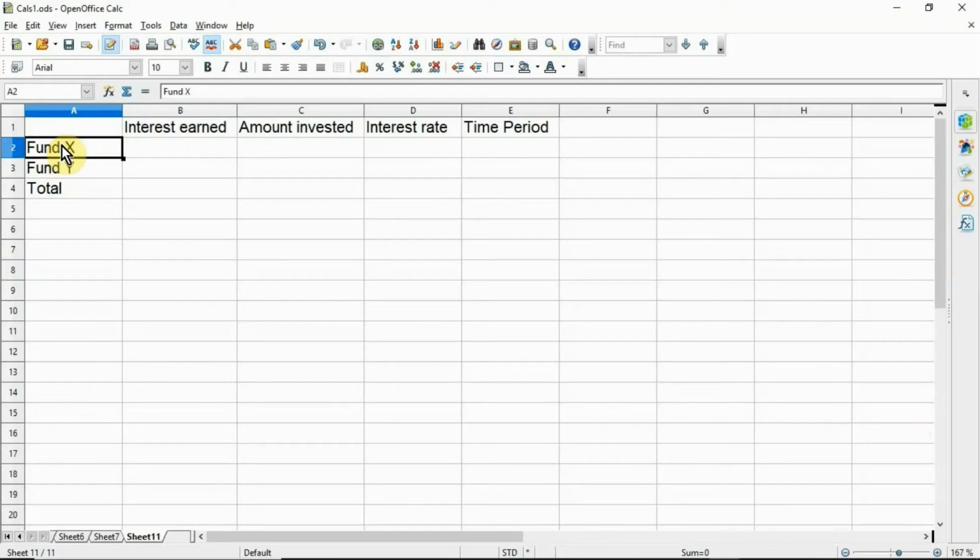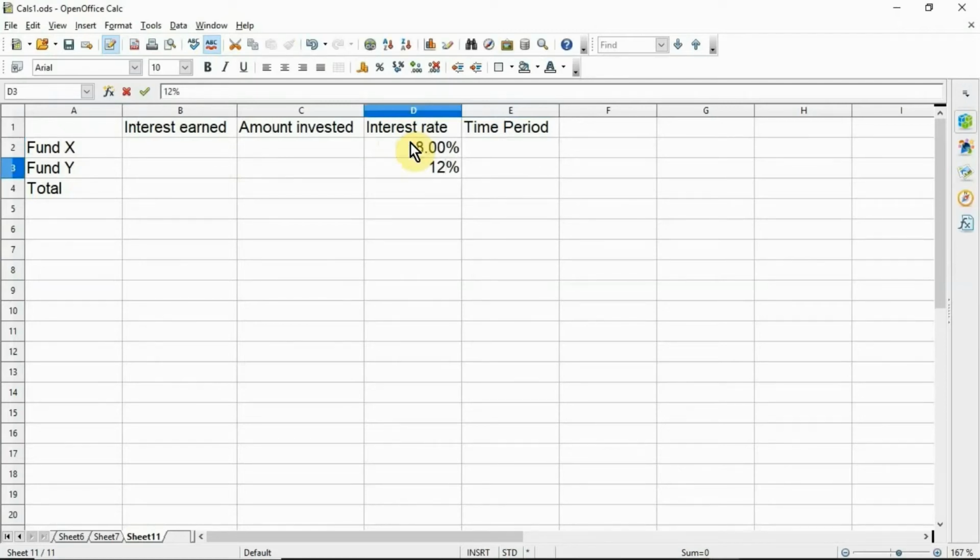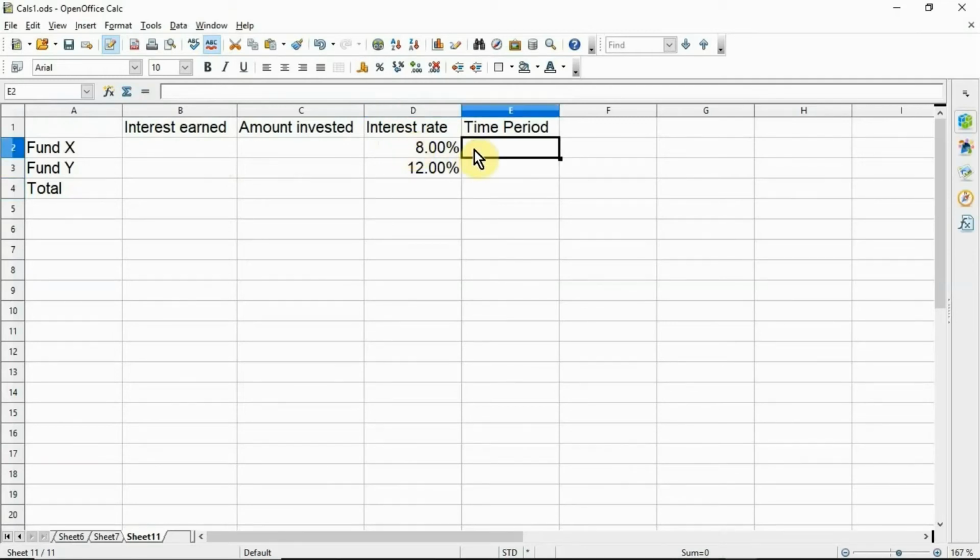Here, enter the labels and data. Row labels: fund X, fund Y and total, and column labels: interest earned, amount invested, interest rate and time period. Here, firstly enter the interest rate: fund X 8% and fund Y 12%, and then enter the time period.